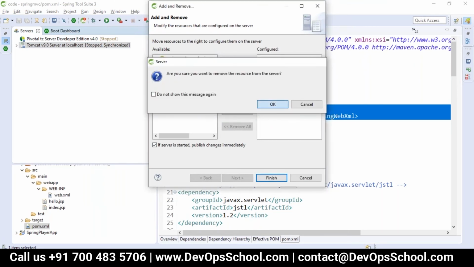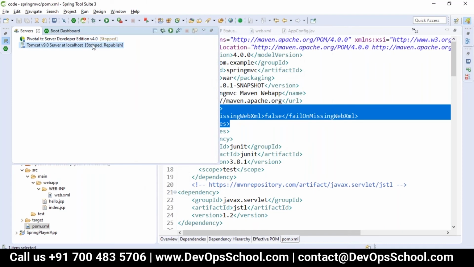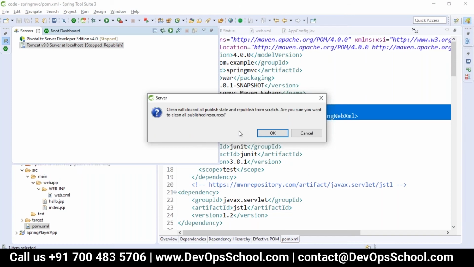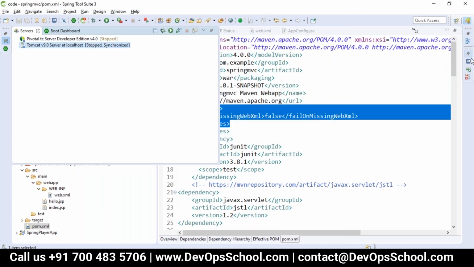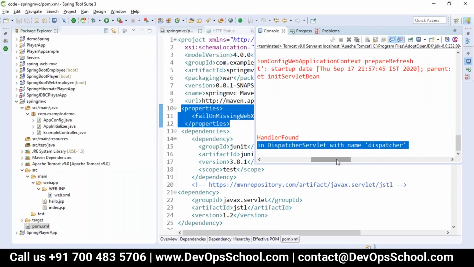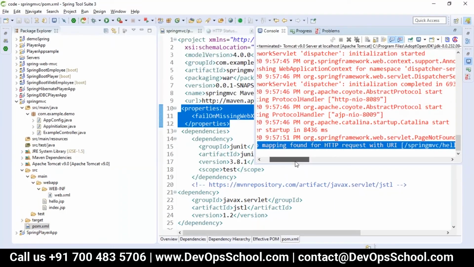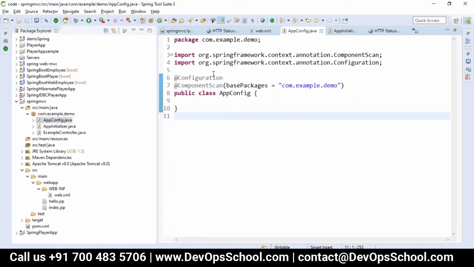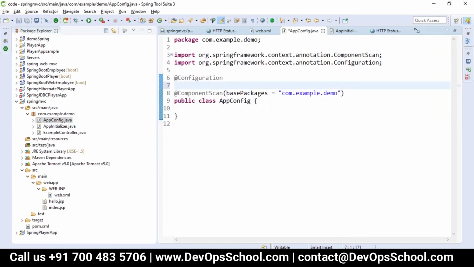Whenever we are running our application, it is still giving the error which is no mapping found for the dispatcher servlet. Why is it so? Because whenever you go with Spring MVC, we have to inform the configuration class that we want to enable web MVC.